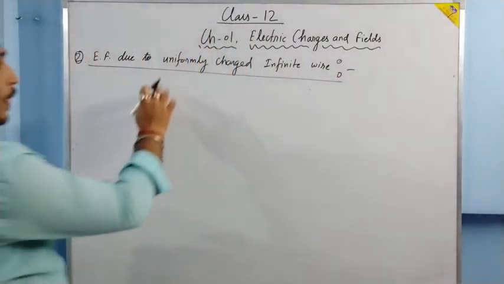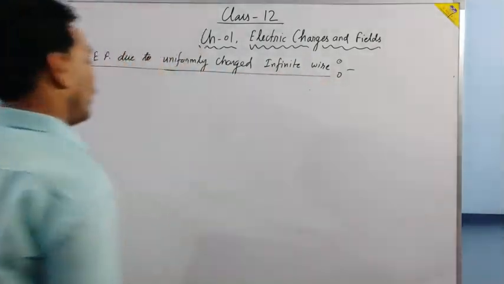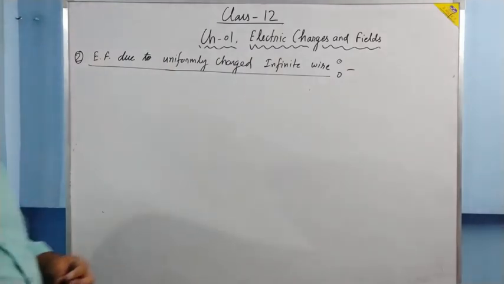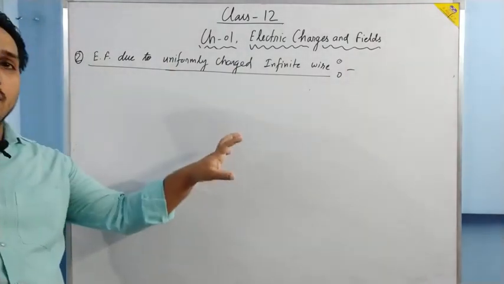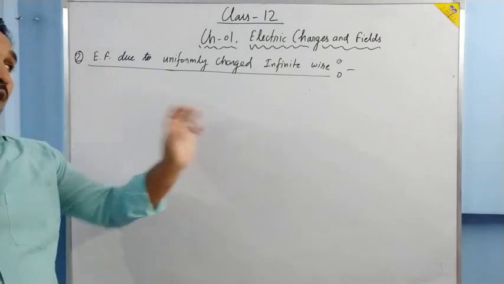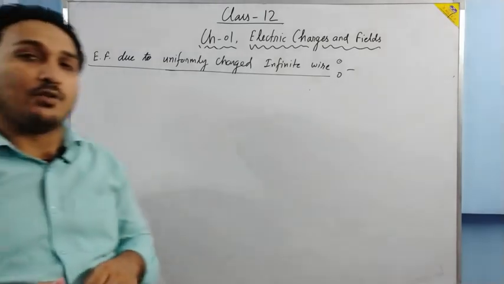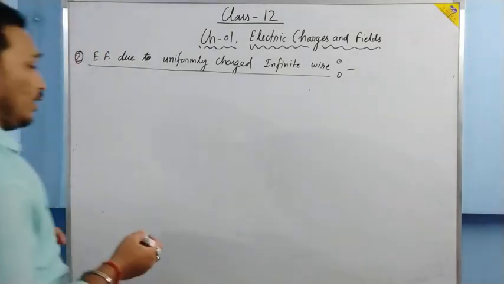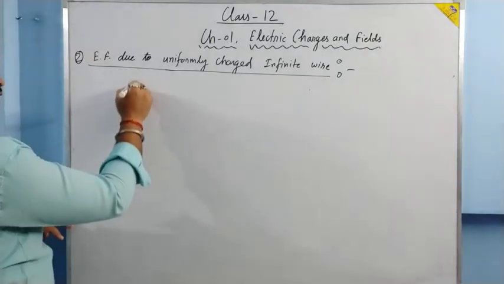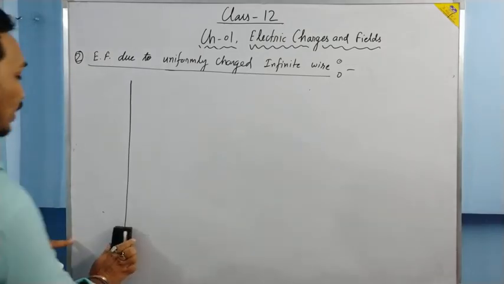Okay. Now we have to prove it. If you have seen all the previous lectures, then it has been done. Without using Gauss law, we took a length element and then integrated over the length of the wire. One component was cancelled out. It has been done, but by using Gauss law, it can be done very easily. Suppose this is the charged wire. Let me make it straight.